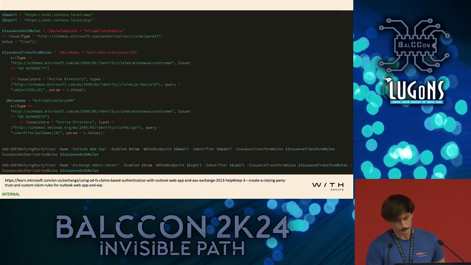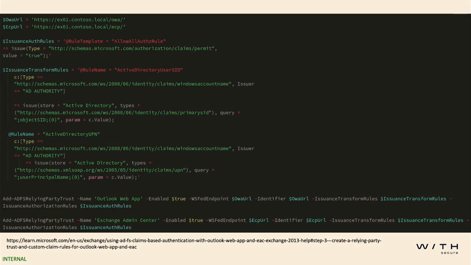So essentially, when you're setting up Outlook Web Application, Outlook on-prem on an Exchange server, it gives you this guide to set up these issuance transform rules. These rules are essentially the skeleton of this claims transform pipeline. If you notice the Active Directory user SID and Active Directory user UPN, those two middle components are essentially just a schema or a skeleton of how this process gets put together, what components come from the user.